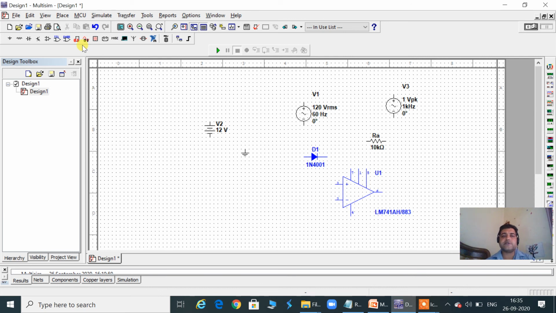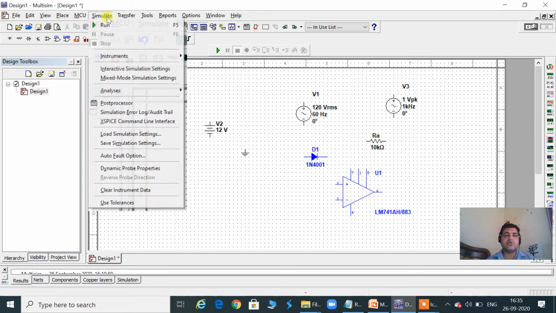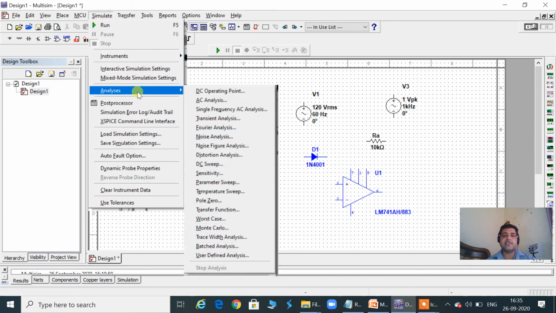So for that we come to Simulate, and there is Analysis. We can see various types of analysis present here. One is DC operating point. This will tell you, if you connect a voltage, what are the voltage and current at each node.